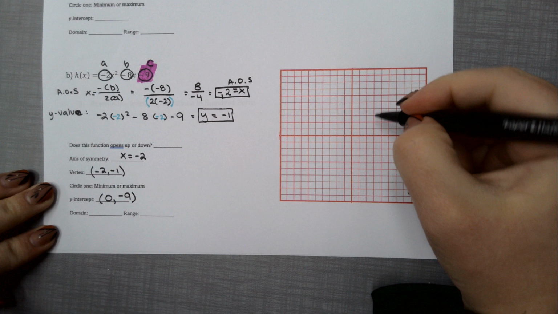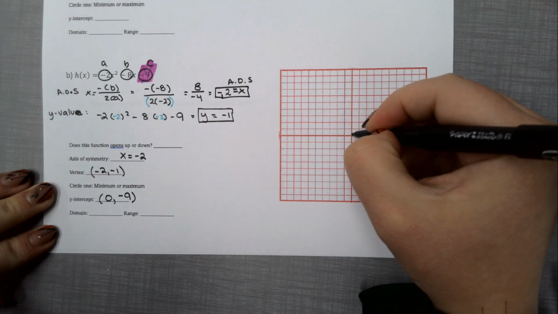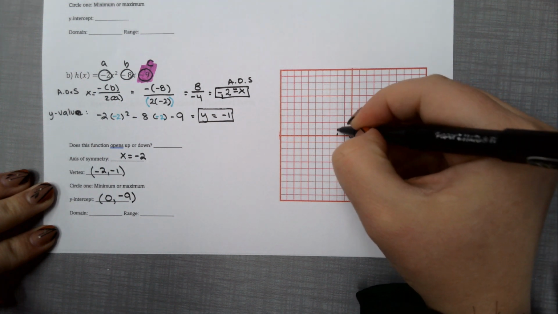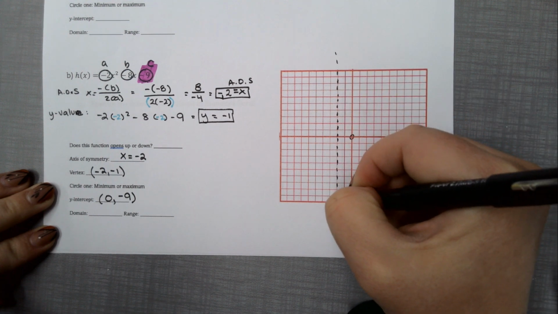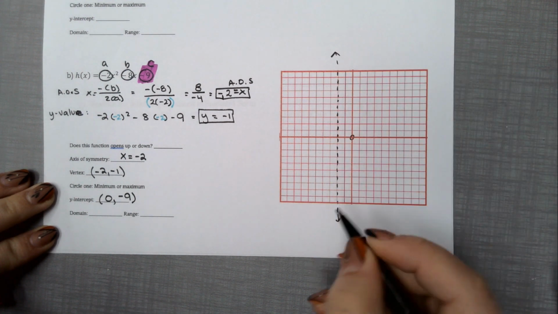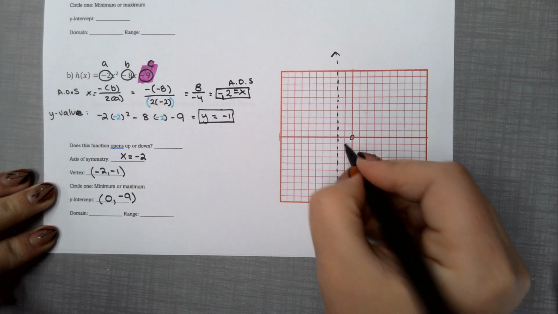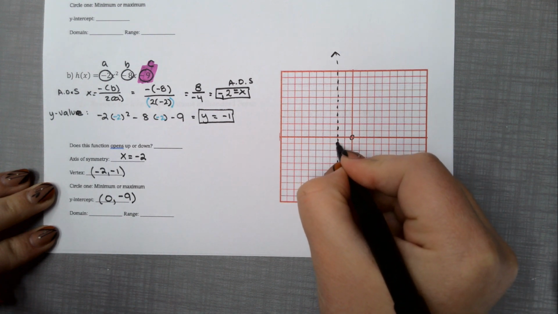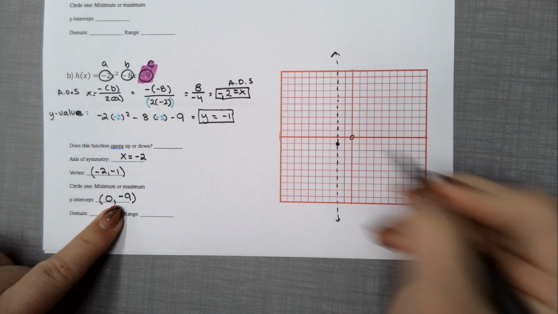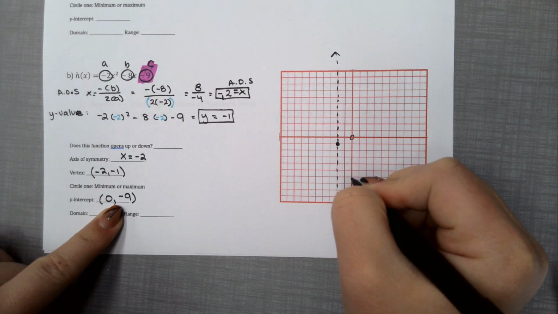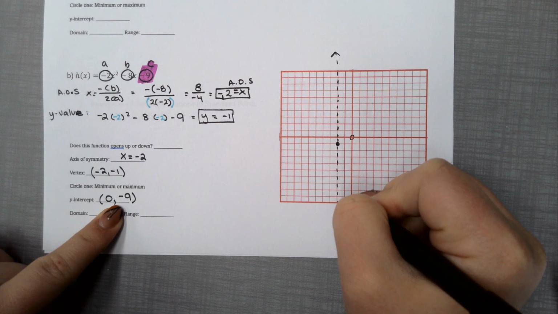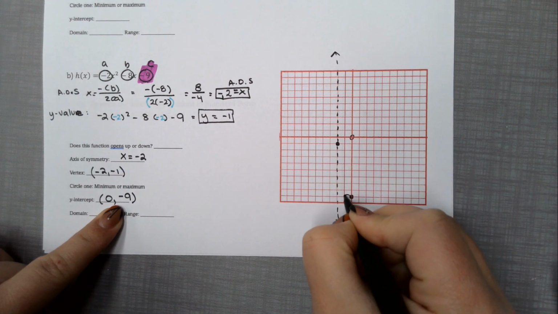So let's start out with our axis of symmetry at negative 2. And we have our vertex at negative 2, negative 1. Here's negative 2, negative 1. Here's our vertex. Then we have our y-intercept at 0, negative 9. Here's 0, 1, 2, 3, 4, 5, 6, 7, 8, 9. And then we're going to reflect that point. So 2 jumps,